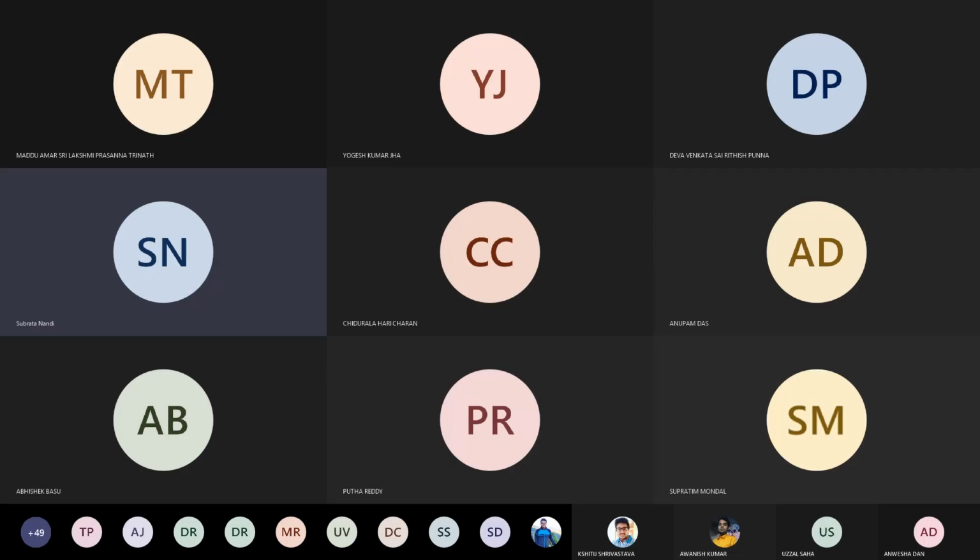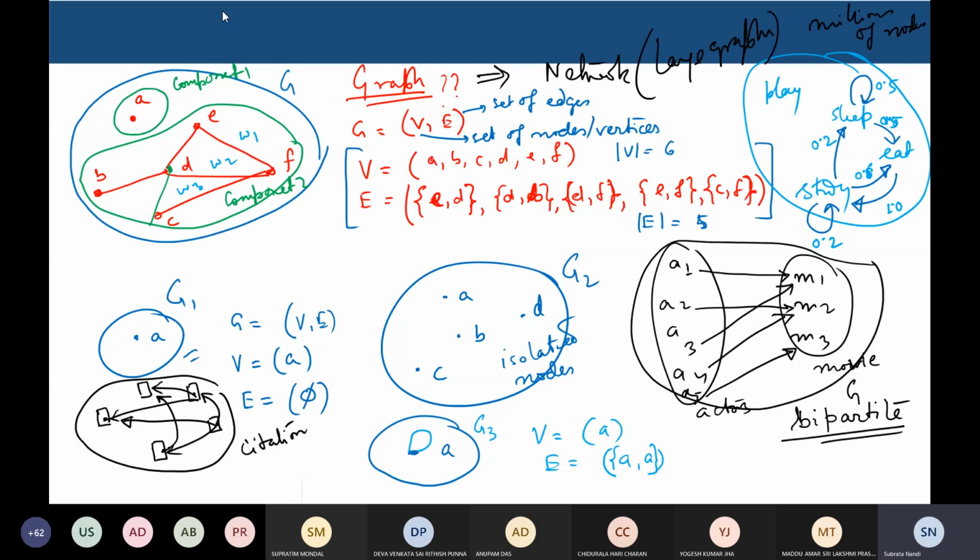The graph data structures, and what we found is that any graph can be defined as a set of vertices and a set of edges. So we write it as G equals V comma E. So there will be a set of vertices V and a set of edges E. And in the extreme case,